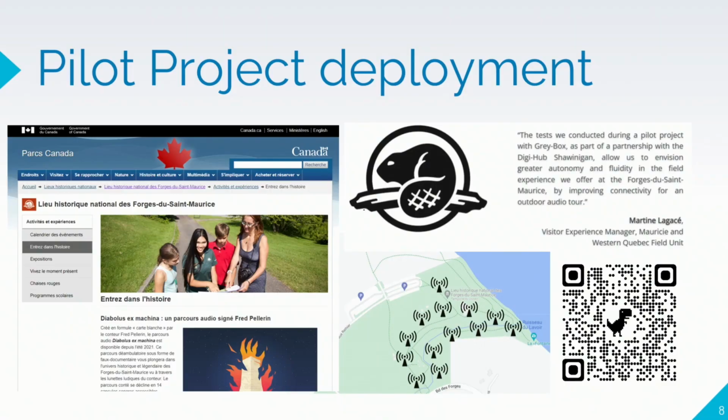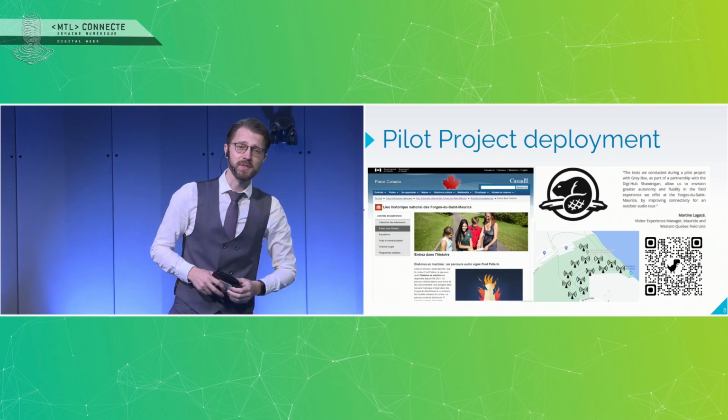So recently, we did a project with Parks Canada. That's the agency that manages all the national parks in the country. And they had a very peculiar issue. They were working on creating this beautiful cultural content, but the users, those who visit the park, couldn't access it. Why? There's no internet in that park. It's too remote. You cannot even use your cell phone.